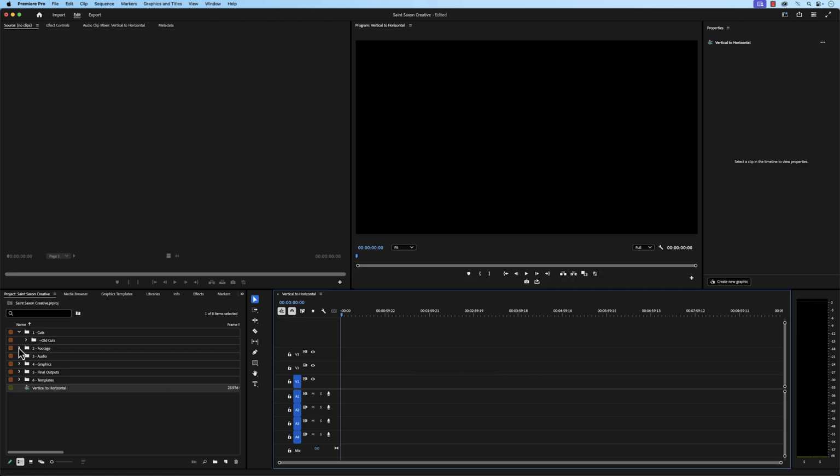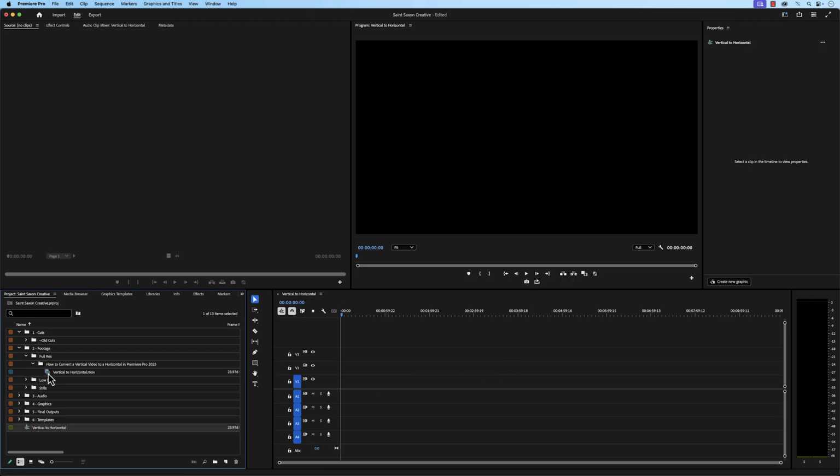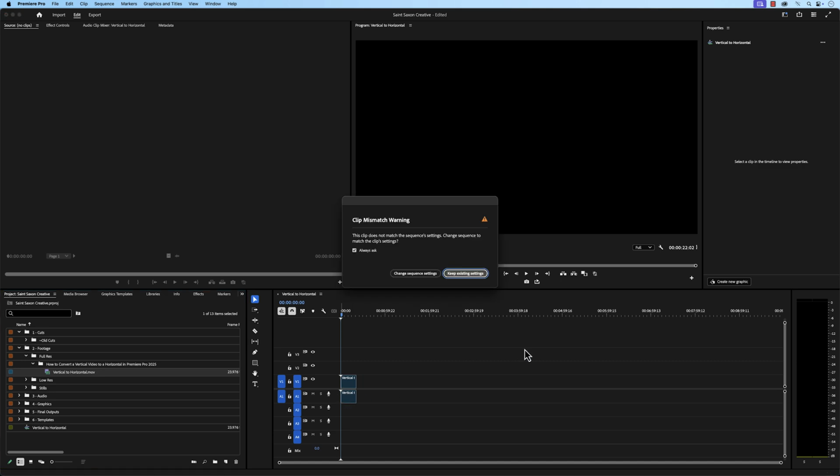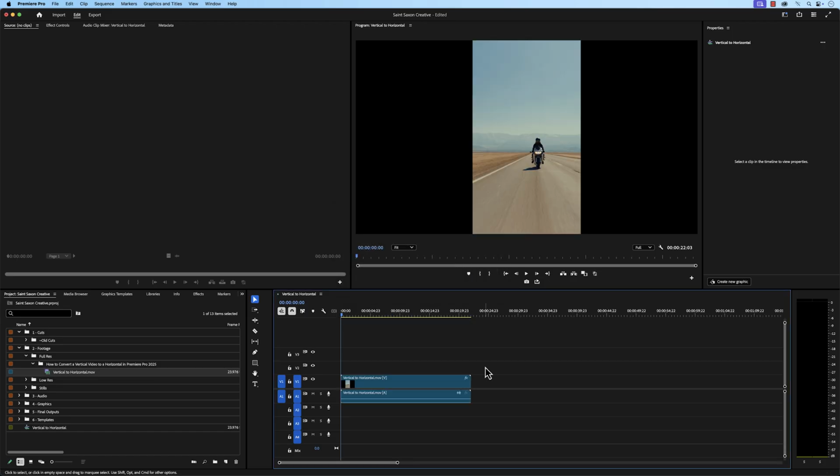Select the vertical clip in the project panel and bring it into the timeline. As we bring it into the timeline, we will get a clip mismatch warning pop up. We want to keep our existing sequence settings. Now that we have the vertical clip in the timeline, you can see that there are black bars on both